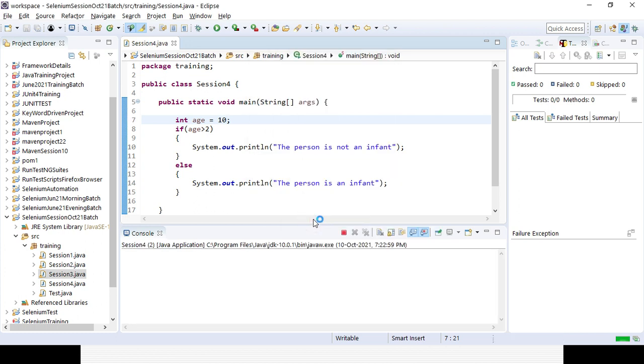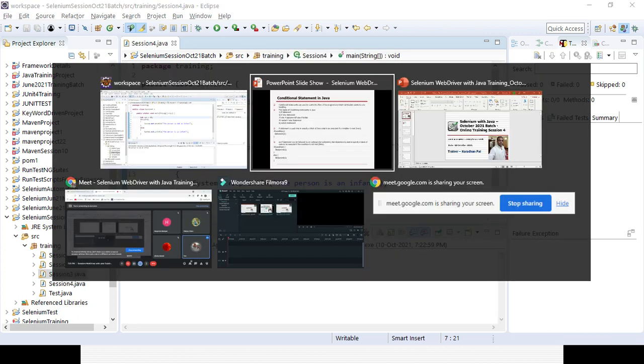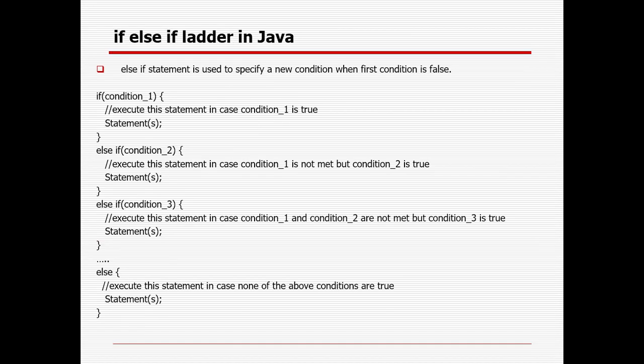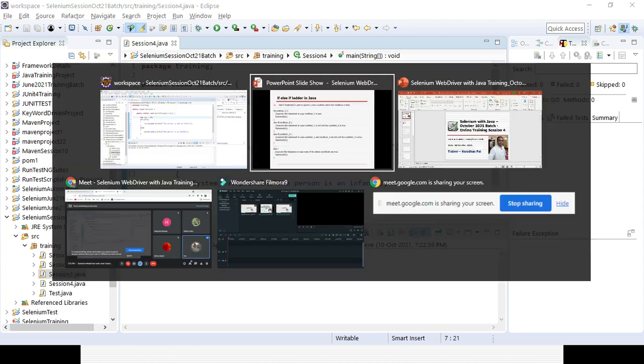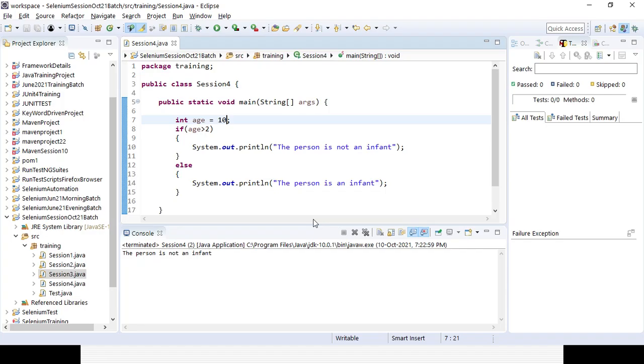So that's why we can deal with the if else, right. And in case of multiple conditions, I can go for that one. Okay, so here I can also go for or if. I will give you one example of the nested if, before the else if. So nested if means if within if, right.